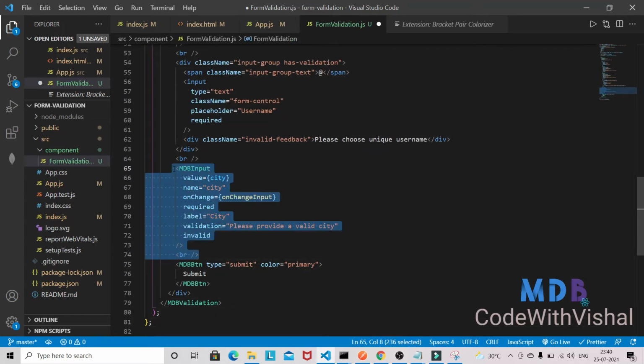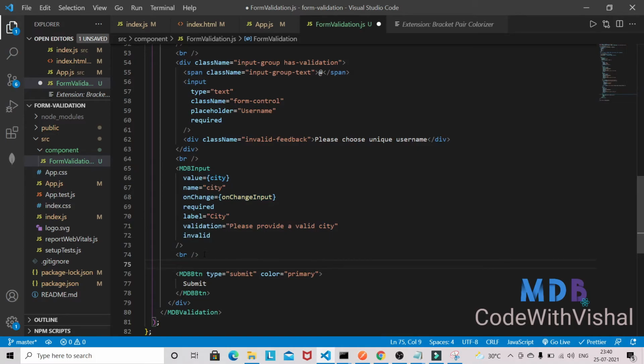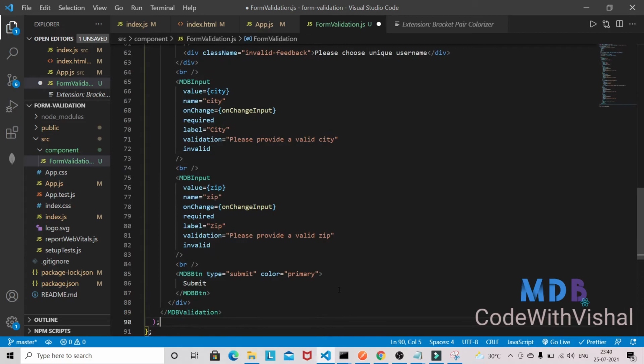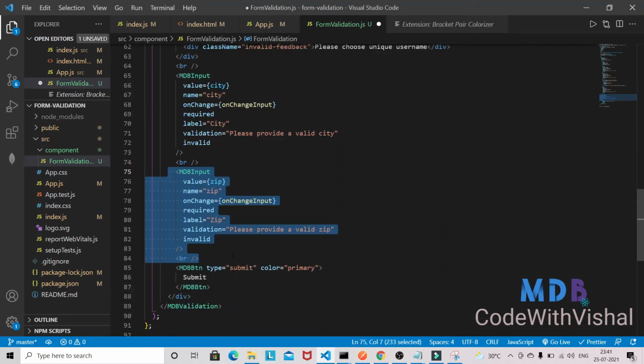and we can copy this one and paste it here below, and this will be for the zip code. So zip, this one will be the zip, and the message will be like, please provide a valid zip, and at the last we'll have the state as well.